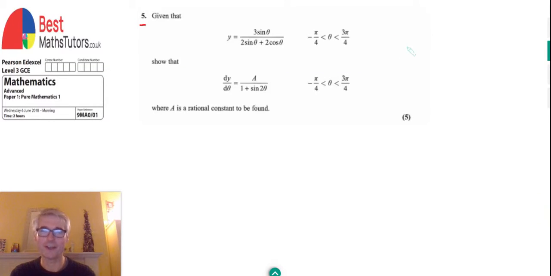I'm continuing to go through the Edexcel A level paper from 2018. This is paper 1 and we're on question 5, and if you'd like to see the rest of the questions,